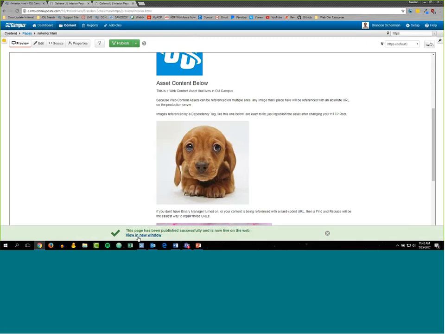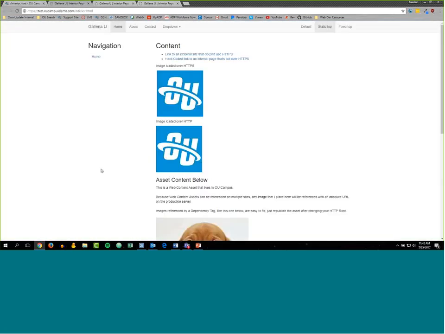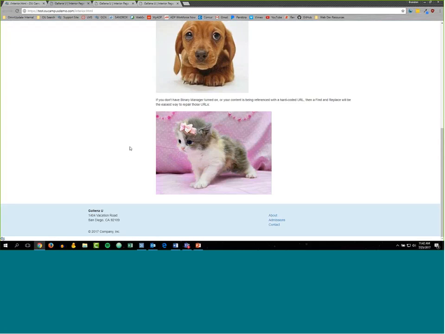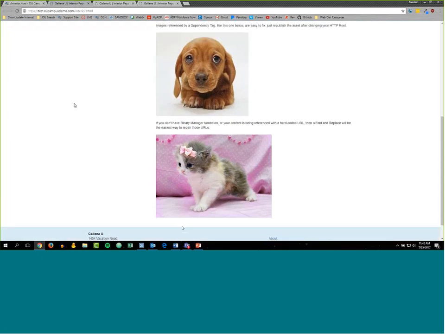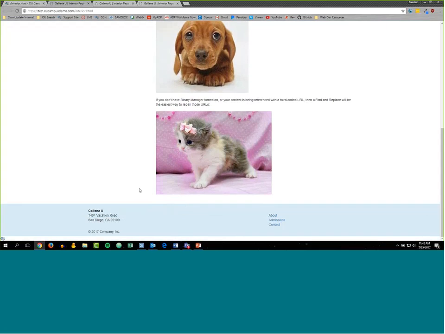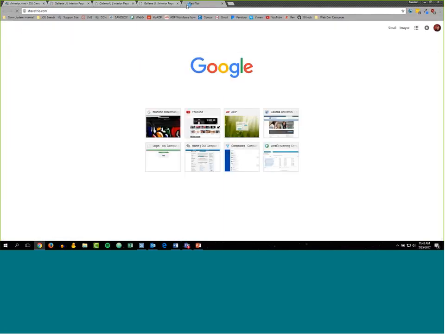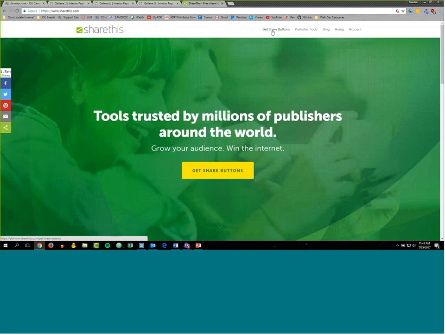So there are certain situations where that third-party widget or that external party is not going to just change over their hosting. They're going to deliver an entirely new method that's using HTTPS instead. So in this example, just changing that script to HTTPS didn't actually do anything. So we might need to go to that third party, and I might need to go and see what the updated way to get those share buttons onto my page actually is. So if I maybe go to get share buttons,